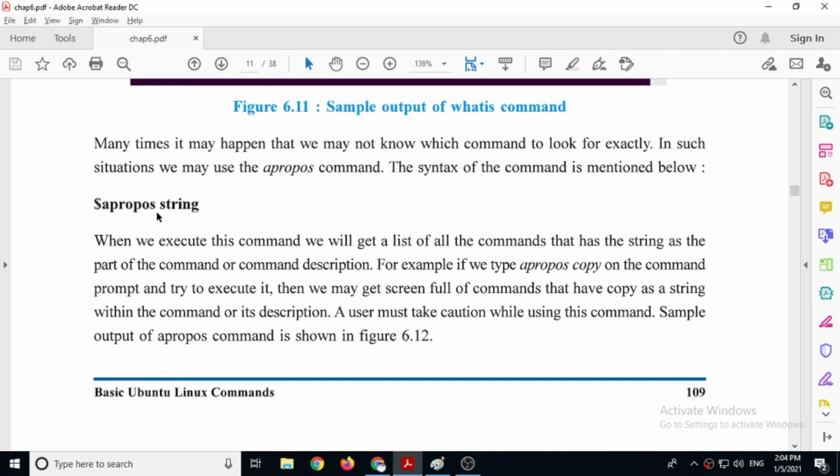Next is apropos. Now if you don't know the command, but you know the output of the command, meaning what the command does, you can search for a string. For example, with apropos you can display all the commands that contain a phrase in their output. So apropos info,